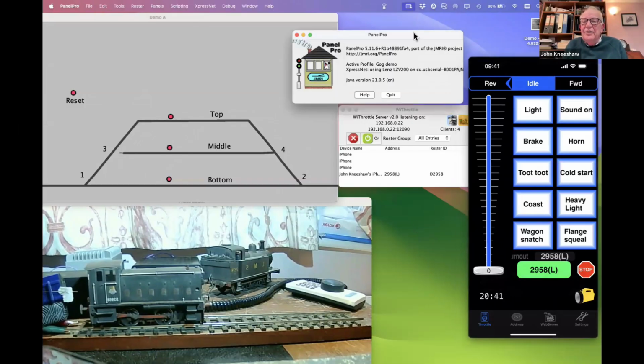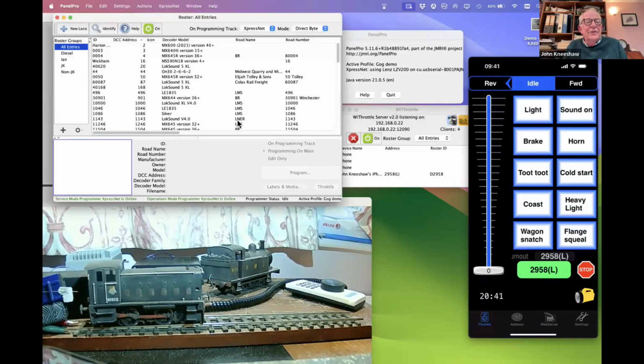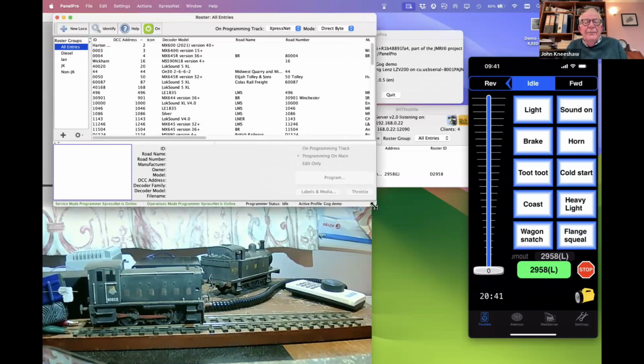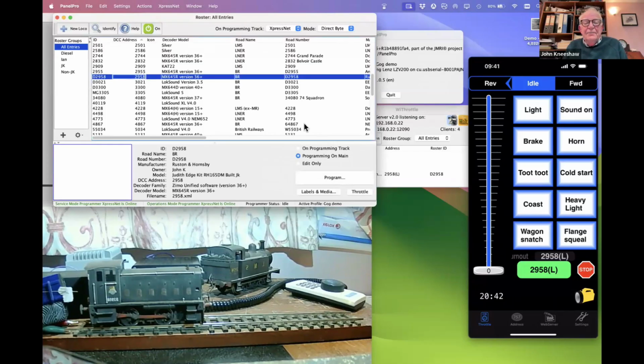If we go to our Panel Pro live window here and we look at roster, roster is where JMRI keeps information about our engines. And we're going to go to roster, and I'm going to open Decoder Pro, and it's going to give me that window, which is a whole load of locos. And I'm looking for, go down the DCC addresses till we get to 2958, which is the loco I've got. Click on that, and I'm going to click on a thing called Labels and Media,